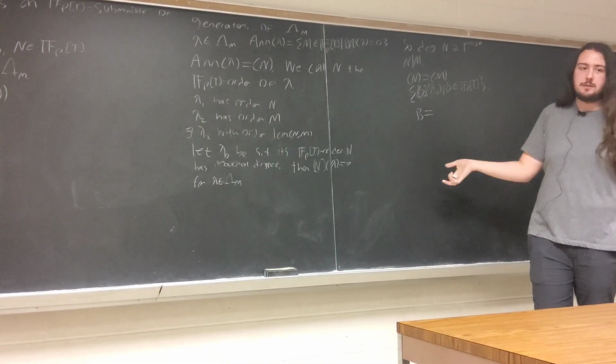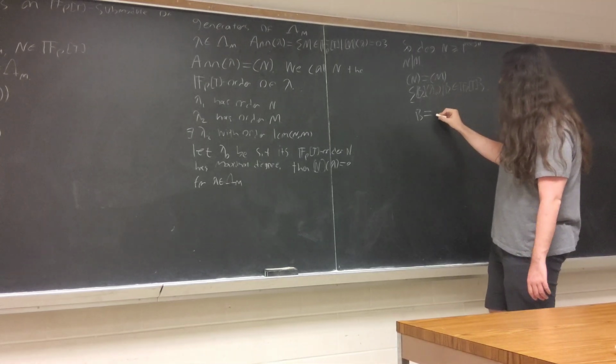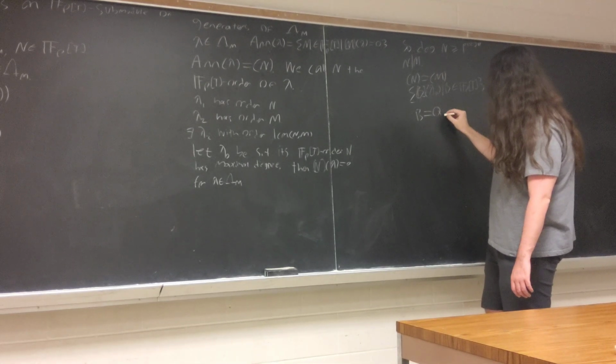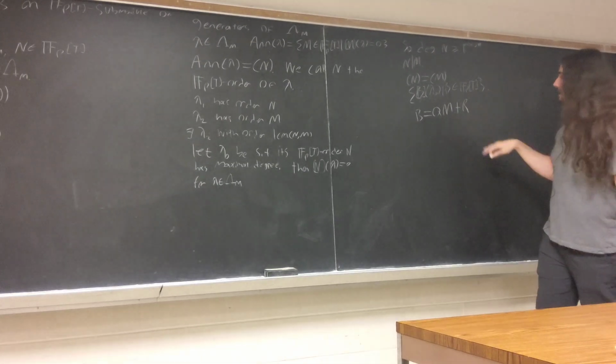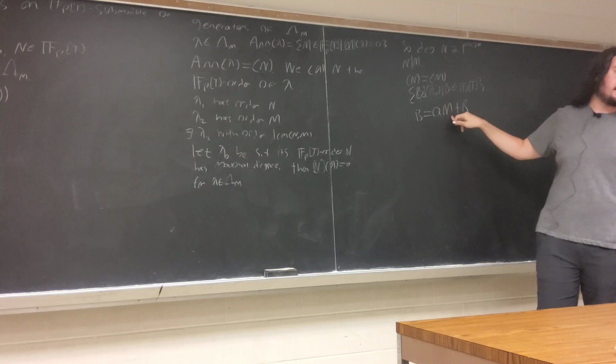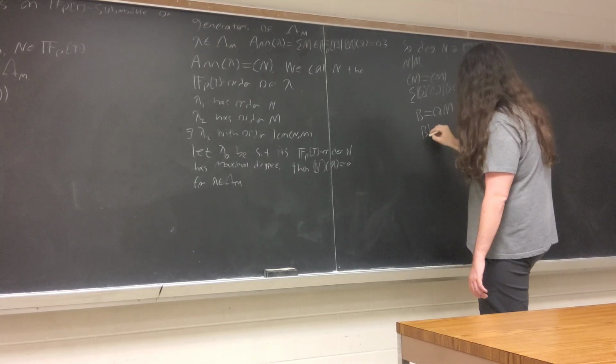So that means it's a field, right? So we have the Euclidean algorithm. So we can write this as some q times m plus a remainder r, and r will have degree strictly less than m. So that gives us, if we evaluate